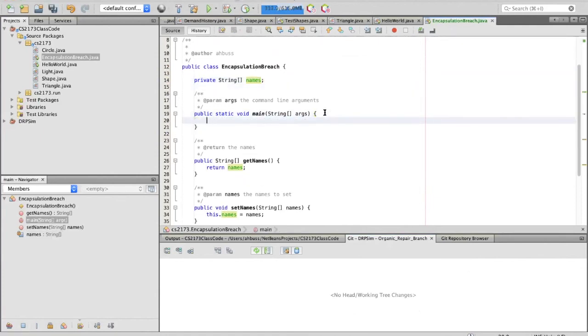Here's a shortcut way of creating an array.